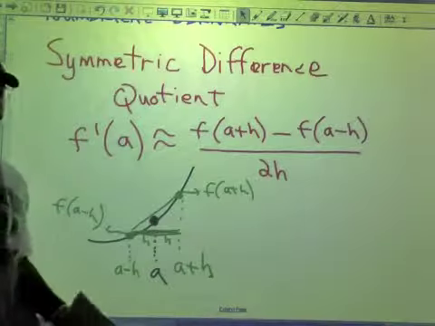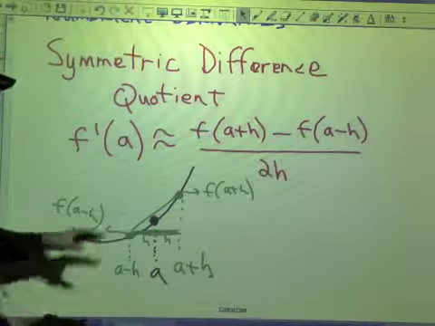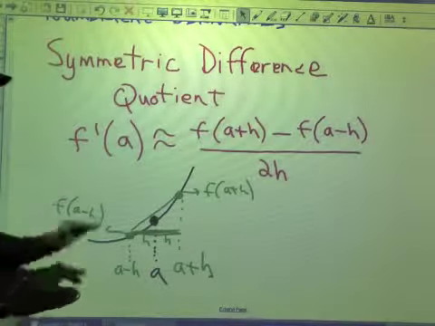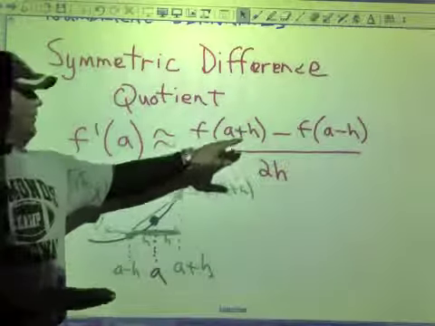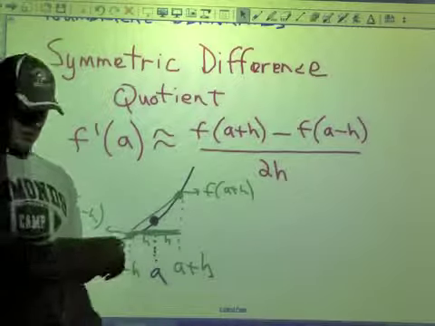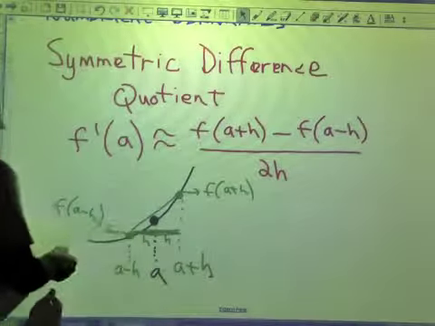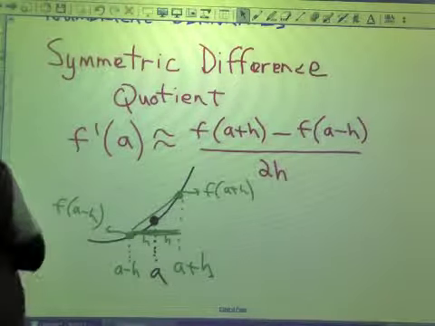Now, we've actually done this before numerically, so I'm not going to go through a specific example of this. But the point is to show you that your calculator is actually programmed with the symmetric difference quotient. Okay? So I want to go through an example of that. Now there's this particular syntax